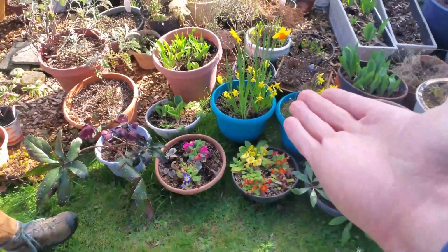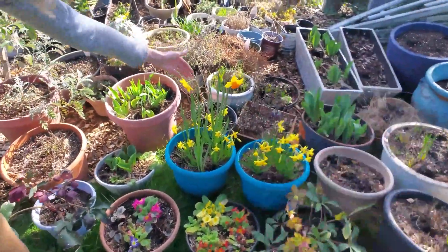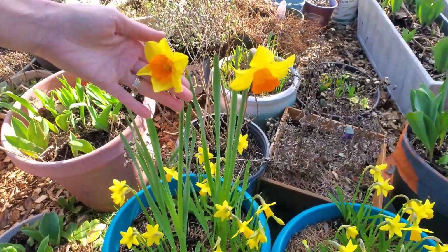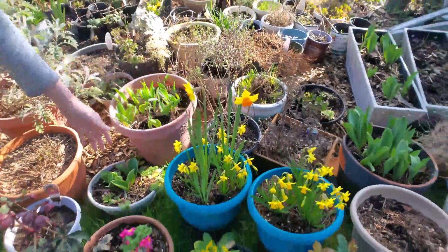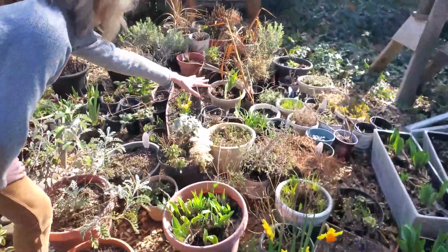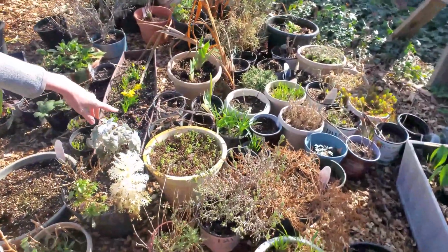Got primroses everywhere. Tête-à-tête daffs, and then we've got our big daffs coming in. Beautiful big daffs coming in from Eden Brothers. Love that orange and yellow combo. Beautiful. I love that too. That's really beautiful. Always reminds me of a teacup. It does, yeah. Back here, if you look kind of everywhere, we dug up a lot of stuff from